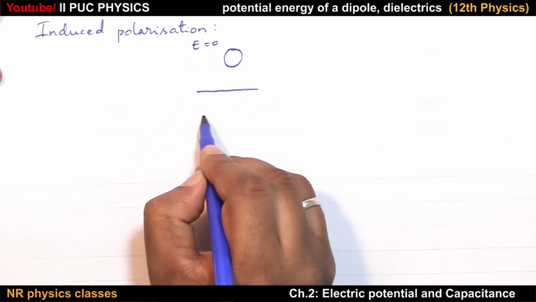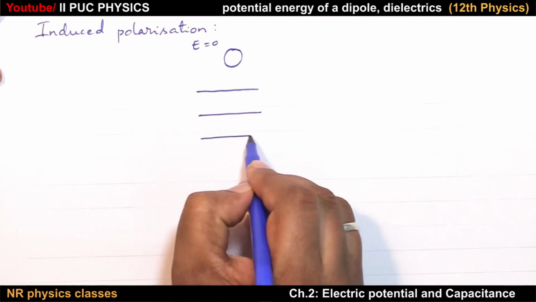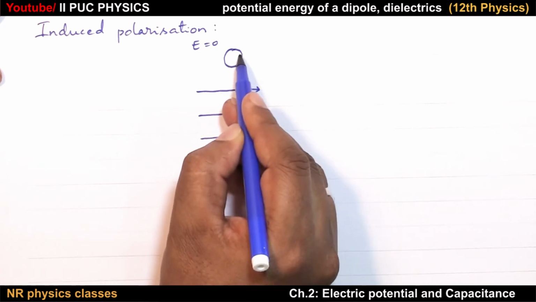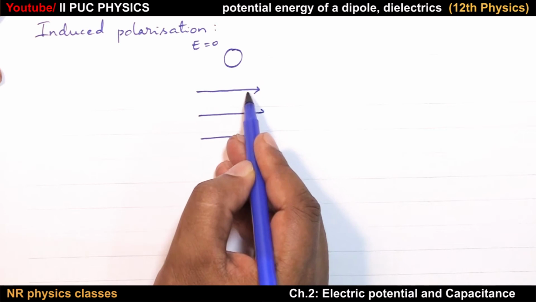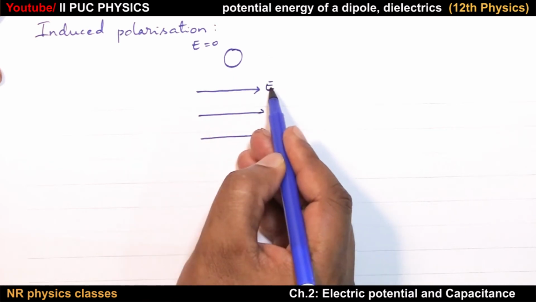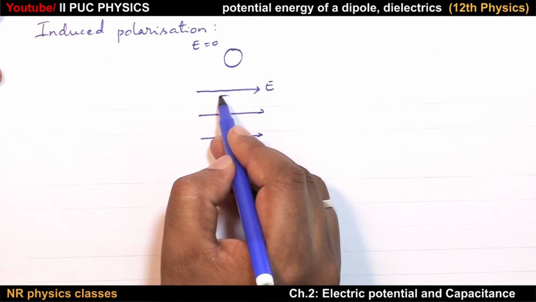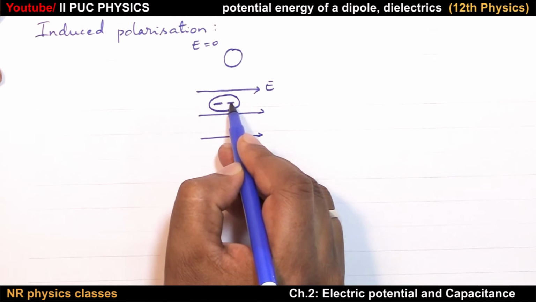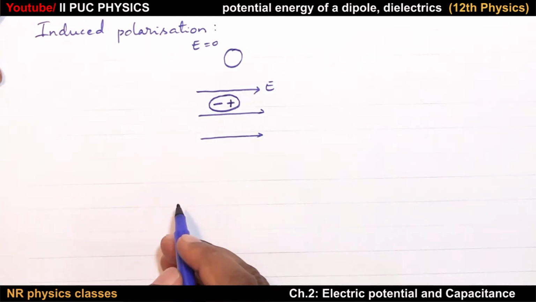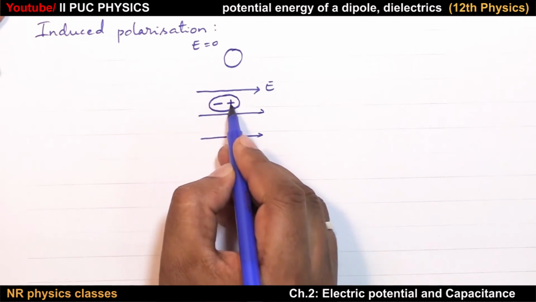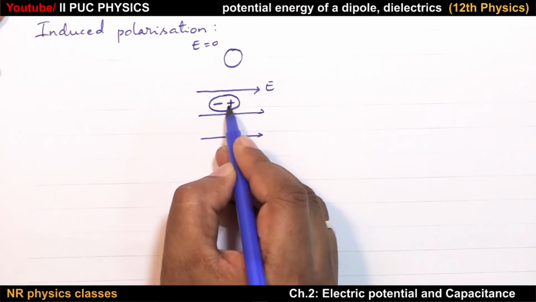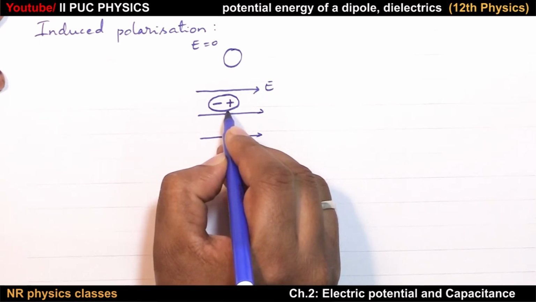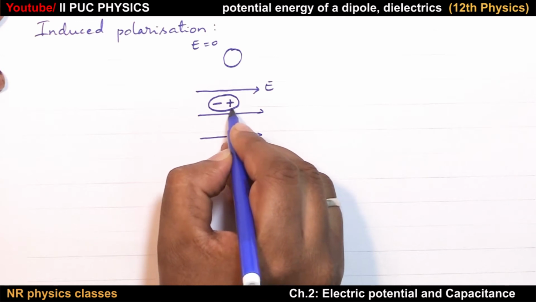When an electric field is applied like this, then the electron cloud in the molecule experiences force against the electric field. Negative charge moves against the electric field. So the electron cloud goes to one side and the other side is naturally an equal and opposite charge, plus. Now negative and positive charge centers are separated by some distance. Therefore we can say that this distorted molecule has a dipole moment.